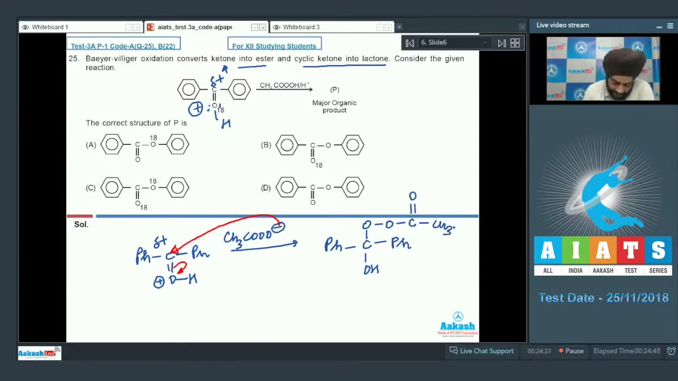Now students, we have a good leaving group present in the form of the acetate ion. So what will happen is this Ph will attack this oxygen and this leaving group shall leave. So there will be a migration of the Ph group onto the oxygen of the peroxyacetate ion. So we'll have Ph